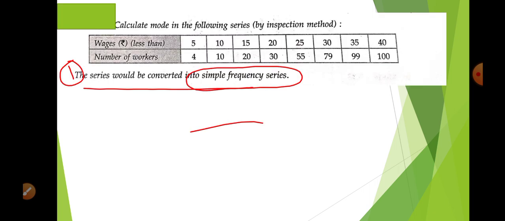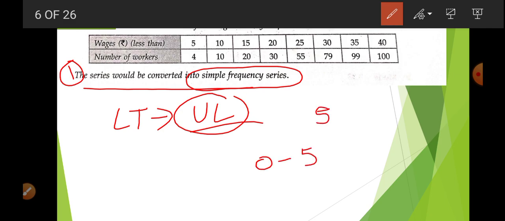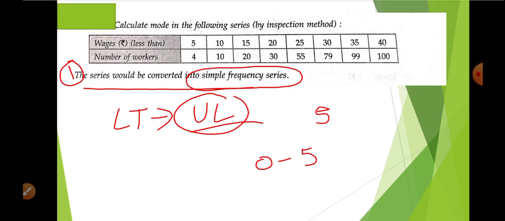Okay students, in the question that appears here, all the less than values are given: less than 5, less than 10, less than 15, less than 20. Less than is always started with the upper limit. So the upper limits of all classes are given. There is a difference of 5. In this way the series is going to start with 0 to 5, and in this way we are going to write all the lower limits. So let me start.